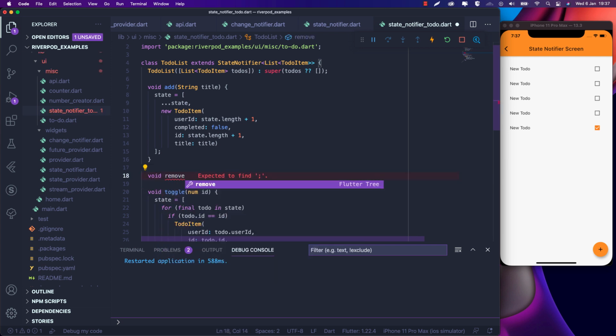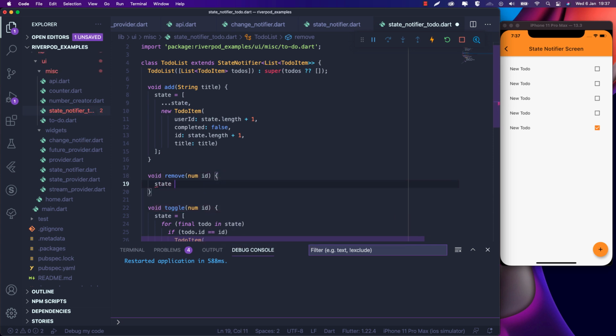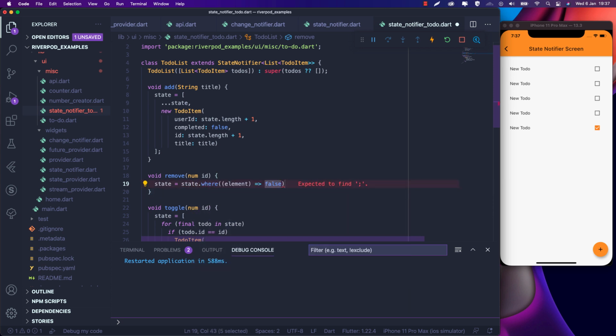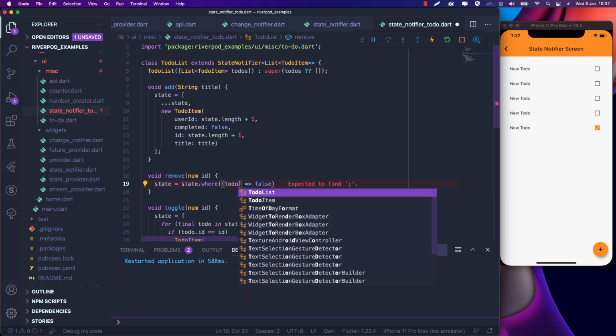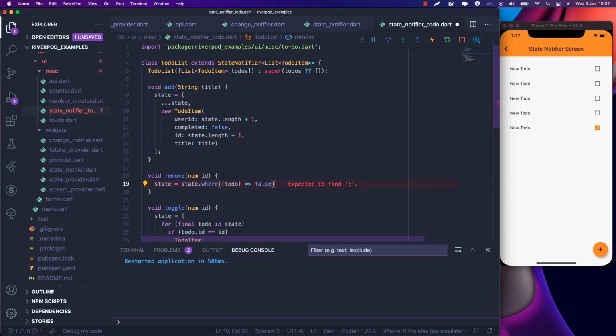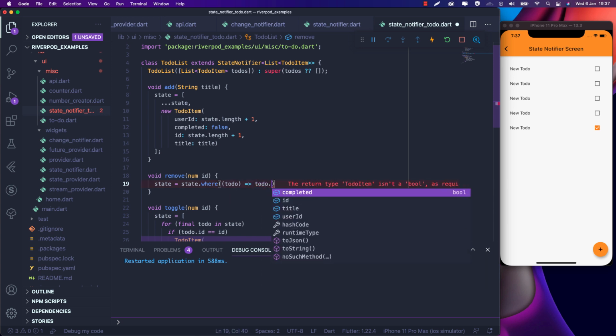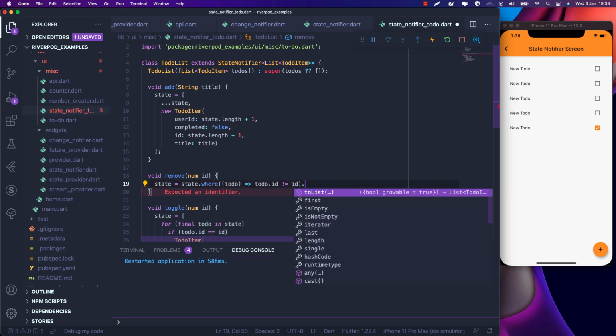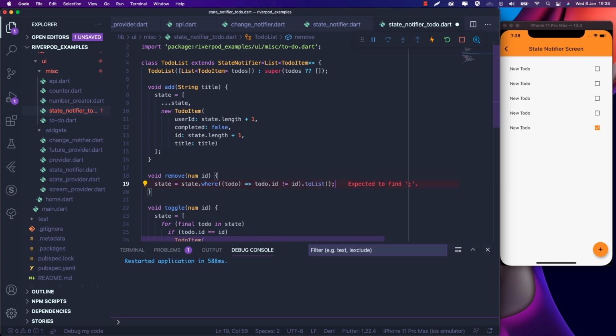So we can do void remove, and we'll pass in the ID, and we will set the state to be state.where todo.id is not equal to id, the id that we are passing, and toList. Okay, so that is the remove method,